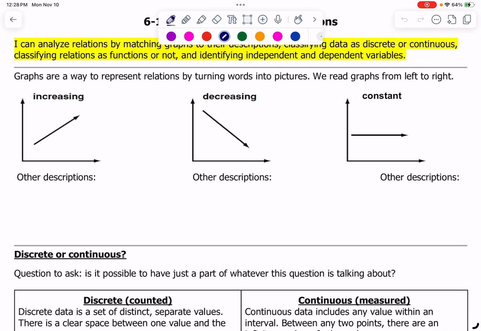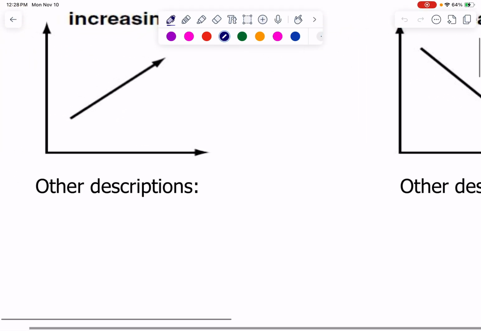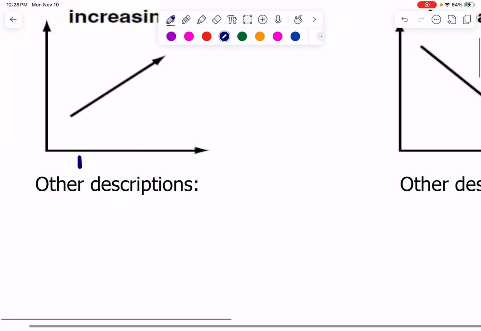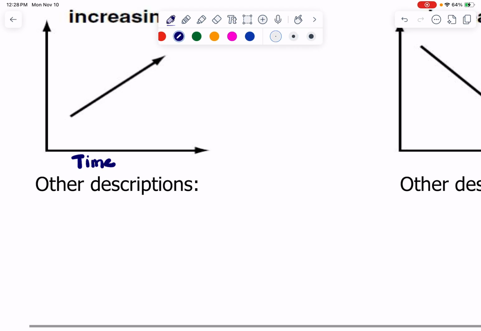So graphs are a great way to represent relations by turning words into pictures. We always read graphs from left to right. So if I look at this increasing graph right here and I add some variables, let's say this is going to be time, and on the y-axis is going to be distance. So I can say as the time increases, we're going up from left to right. As the time increases, the distance,